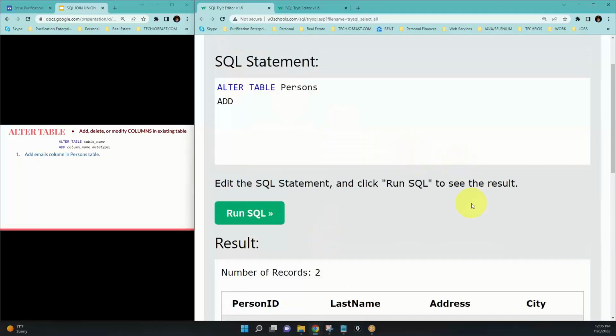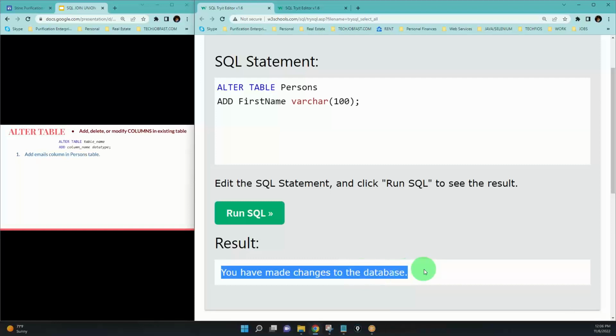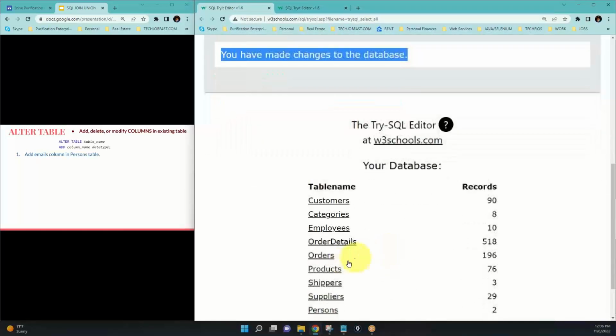So at this point, you could say, I need to add a first name column, and you have to say what data type. Well, we want it as varchar, and we want maybe 100 characters at the most. Finish it off with a semicolon, hit run SQL, and it's going to say you have made changes to the database. And now, if I display this table,